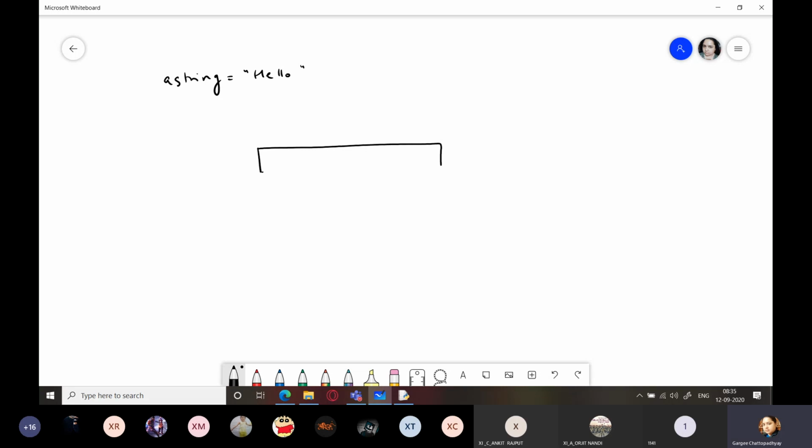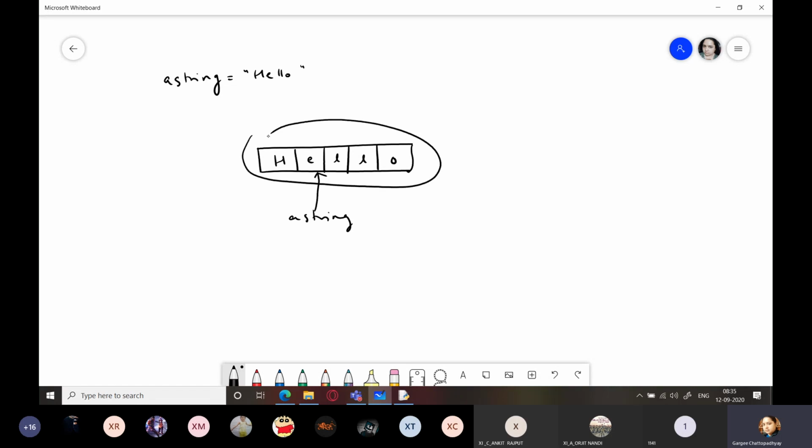So in the memory itself, a string right now is pointing to this string object. This whole thing is a string object.